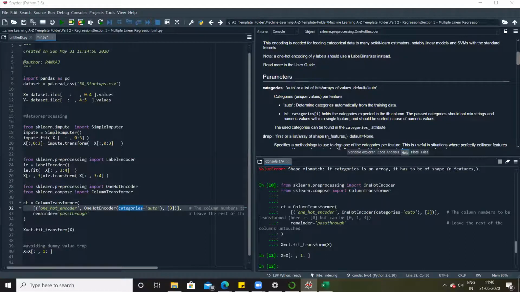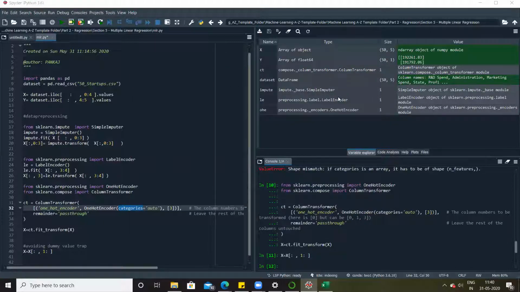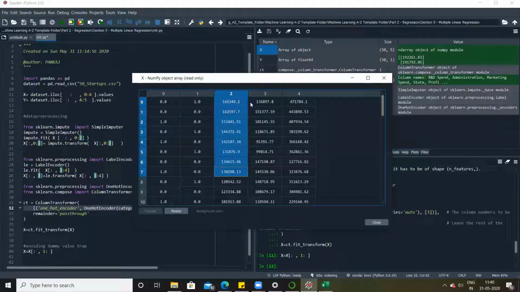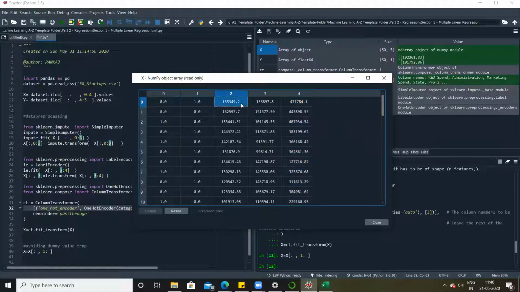Categories in this case, what will be the different columns? So there are 3 columns, 0, 1, and 2. How did it come to know that it has 0, 1, and 2? Based on the data that is available in the data set. So here 3 means we are applying one-hot encoding on column 3. If you don't mention this 3, it will apply one-hot encoding on all the columns. So you will get all of these unique numbers as columns, and it will mark each as either absent or present for a given row.